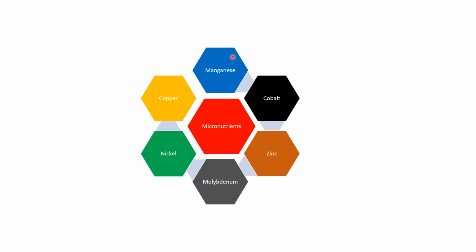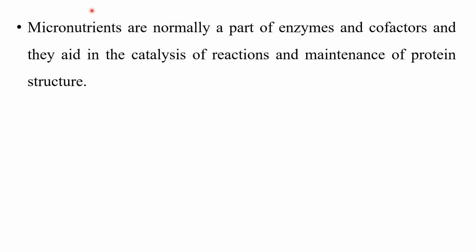So micronutrients include manganese, cobalt, zinc, molybdenum, nickel, and copper. They are known as micronutrients because they are required in smaller quantity. Although the requirement is less, they are still most essential for the growth of microorganisms. Although their requirement is small, they are most important because they normally form a part of